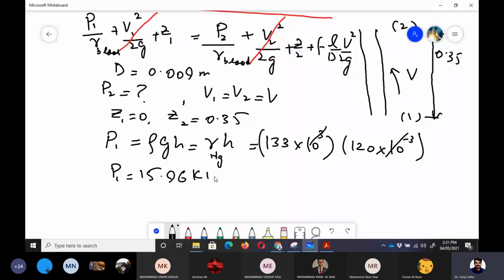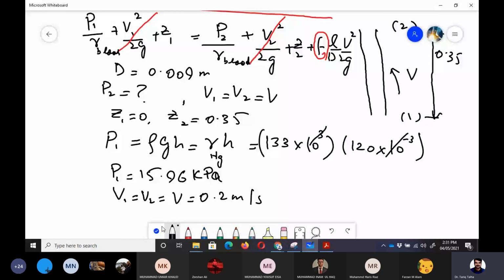So now we also need to determine this friction factor, which is F. Velocity is given to us in the statement. I think the value of velocity is 0.2 meter per second. So we just write it here. Velocity V1 is equal to V2 is equal to V, that is 0.2 meter per second, and then we need to determine this friction factor.